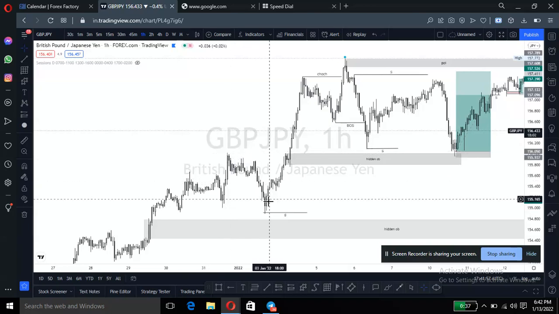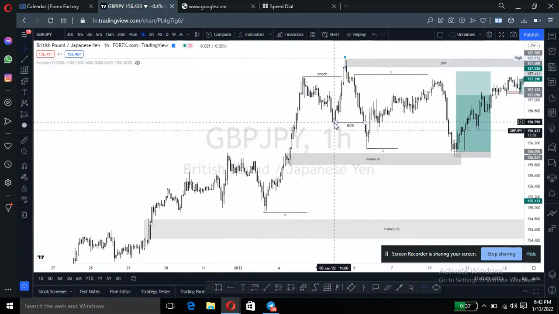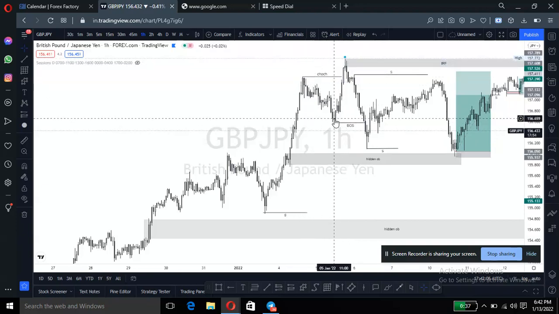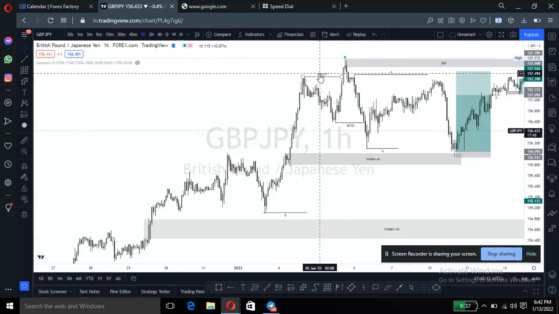This is your higher high, lower high, higher high, lower high, higher high, and then they broke this low, and this low was the low that took out, that created this high and got broken. So this was a break of structure. Okay, and the